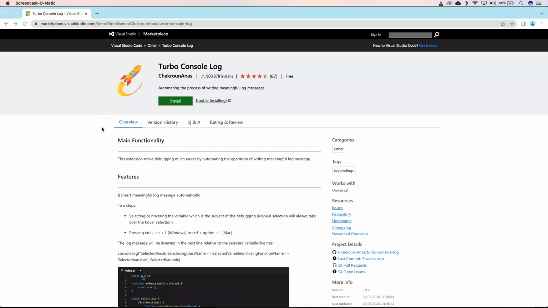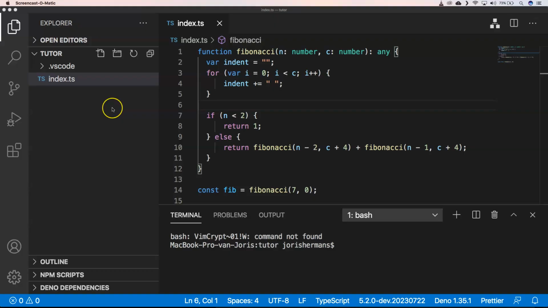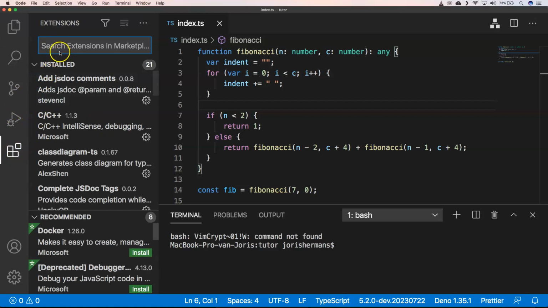So if we go to Visual Studio Code Marketplace, we can very easily click on the install button here, and it will ask to open Visual Studio Code, and then we can install it, or we can do something else. And I prefer to show you something else as well, because I think it's very easy to do it like that. So if you go to Visual Studio Code, you see here that I have a function Fibonacci, and I want to use an extension. A very great extension, like I said before, is Turbo